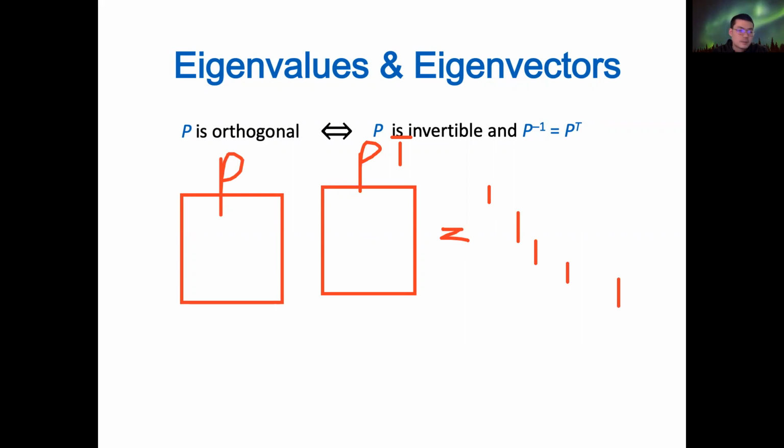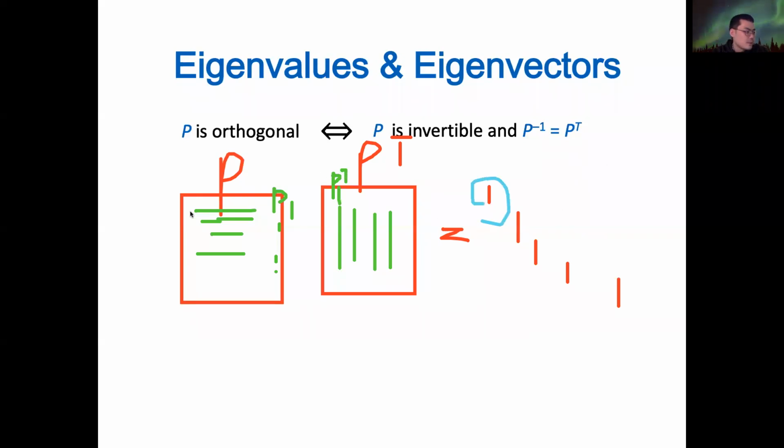And let's use P's rows. For example, this is P1, P2, P3 as rows. And here you transpose them, they become P1 transpose, P2 transpose as columns. Now let's look at what this means. What's this value here? This is really P1 times P1, the first row times this column, and P2 times P2. So they are telling you that